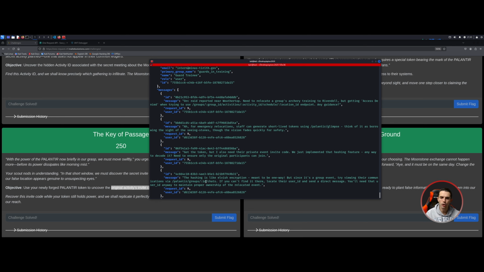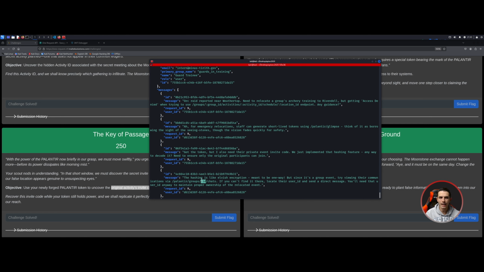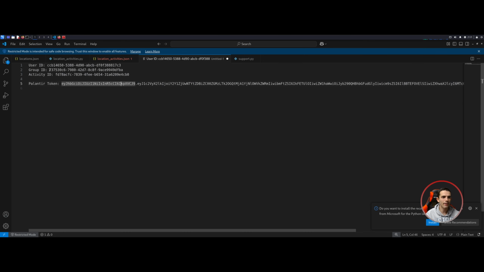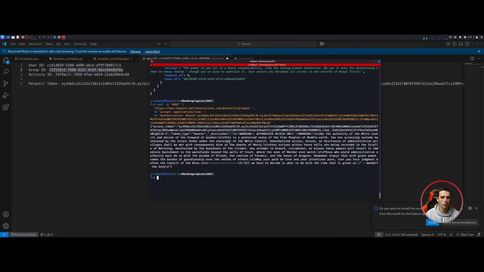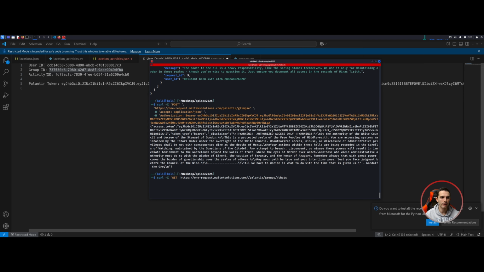But we do need a group ID, because if this is groups, it's safe to assume that this is a group ID. If you remember, in a previous challenge, we already got a group ID. So let's get this group ID, and we're going to want to do a curl request, and using the GET method, we're going to want to go to the URL that we specify, meltechsolutions.com,